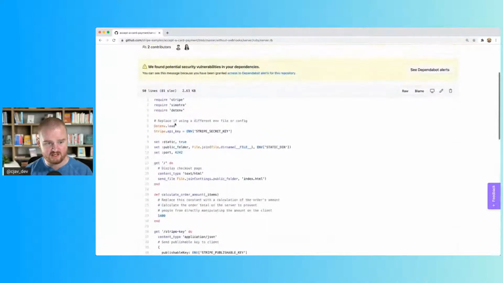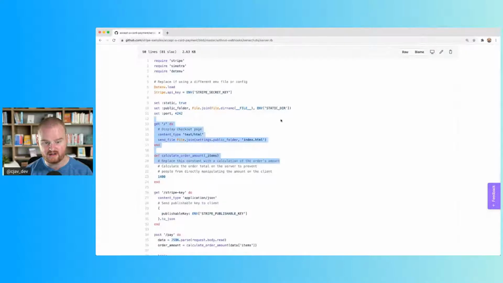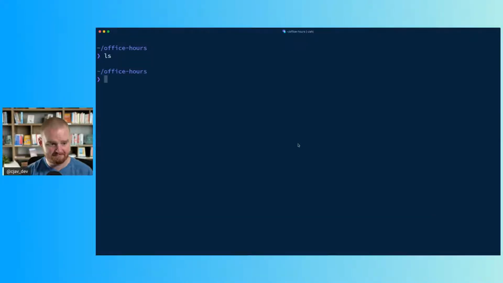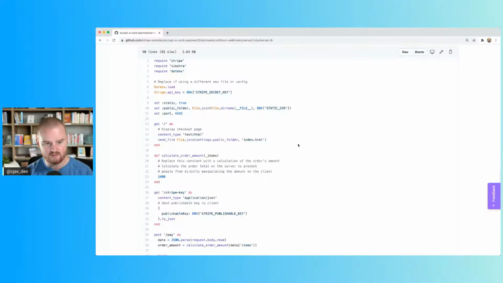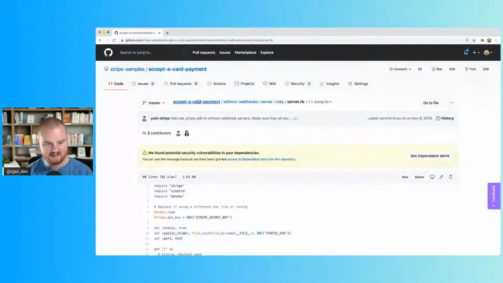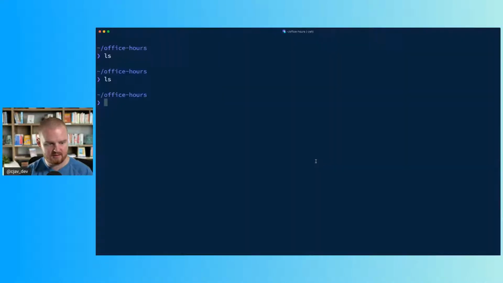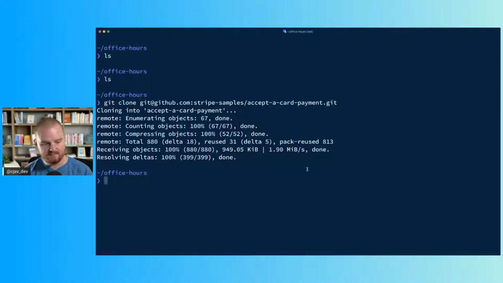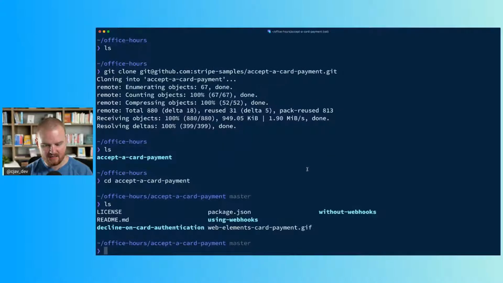Okay, so we're basically just going to re-implement this Ruby server in .NET using .NET MVC. So I'm going to start from, let's see, what do I want to do here? Yeah, let's clone this accept a card payment repository. And then inside of here, without webhooks,